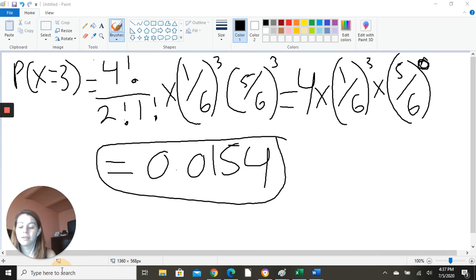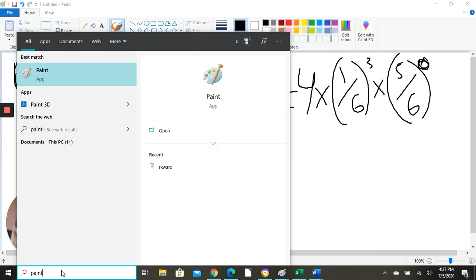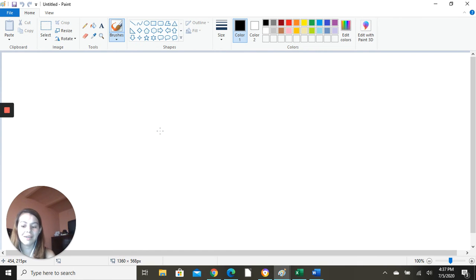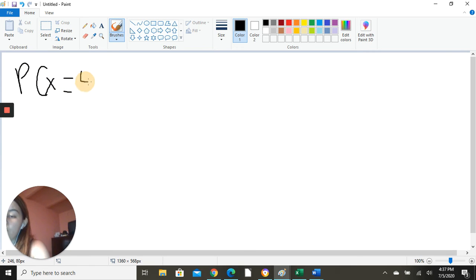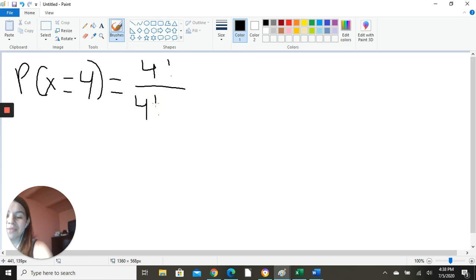Okay, guys, let's go back to here, finding the probabilities. We are almost done. We will find out all the probabilities. All right, so let's head on to the last one. P of x equals 4 equals 4 factorial, no, sorry, exclamation point. I don't know why I keep getting confused. 4 factorial over 4 factorial 0 factorial